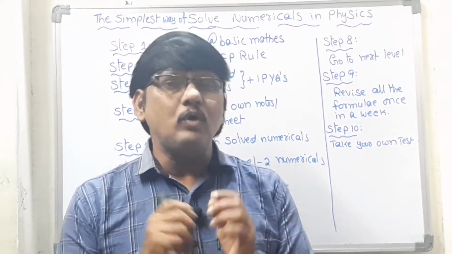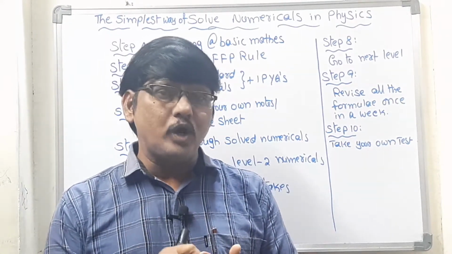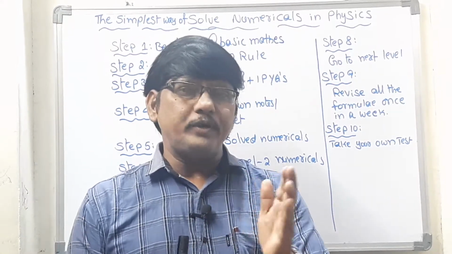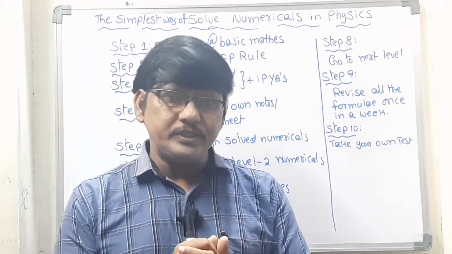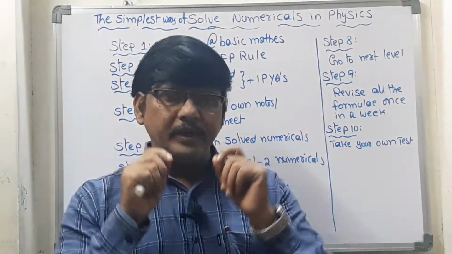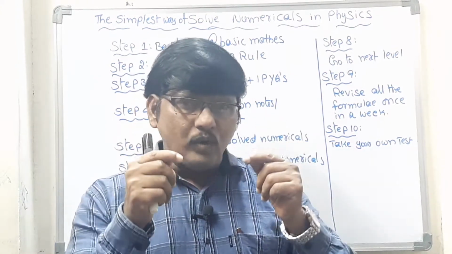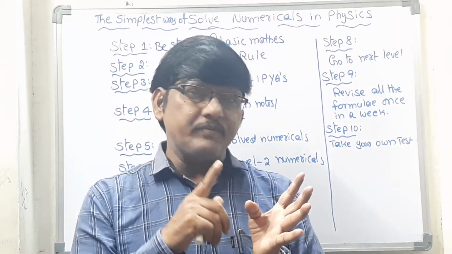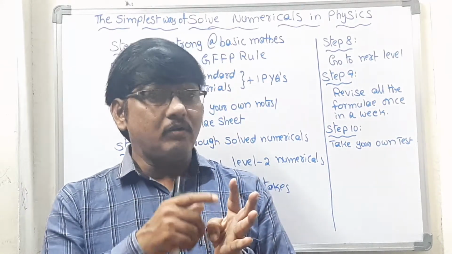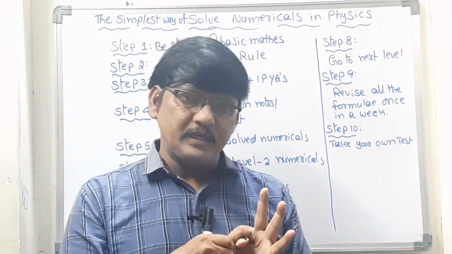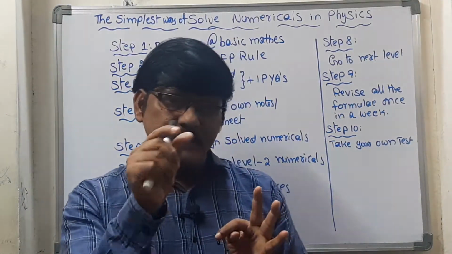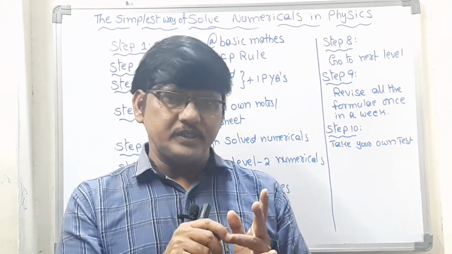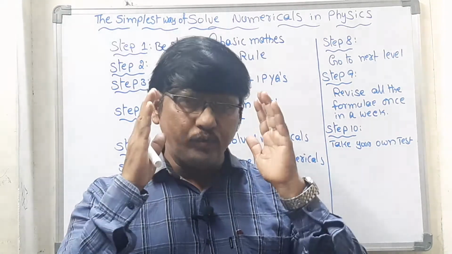Then what should you do? Now go through the previous year question papers book you bought, and from that book randomly choose 5 to 10 questions, and just see the numericals and the procedure of solving. First of all you have to analyze what the standard of the question is, and after seeing the question, go through the solution, how the solution has been given. What steps are involved, what formulas, how the formulas have been applied, and what mathematical operations have been done. Go through all those things very keenly.